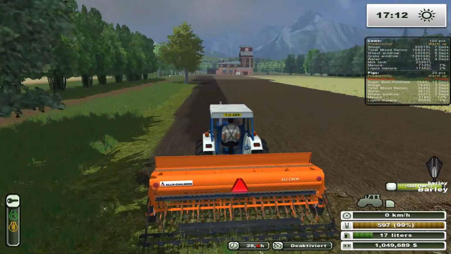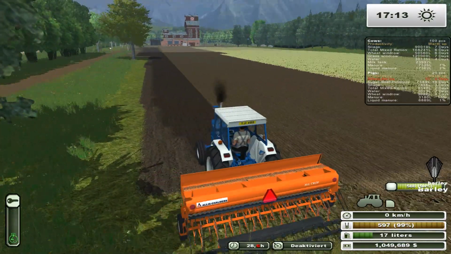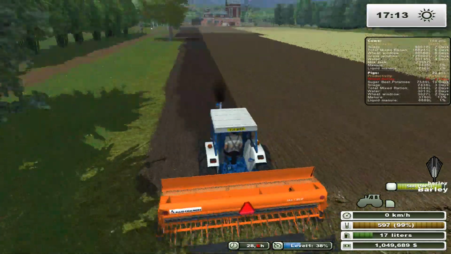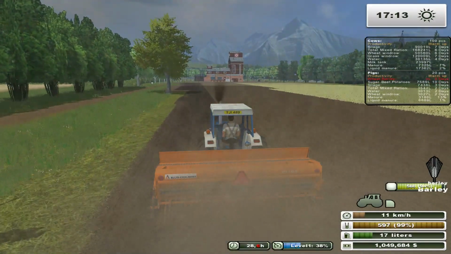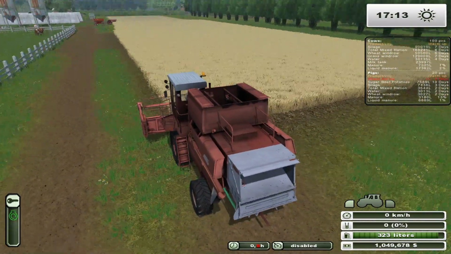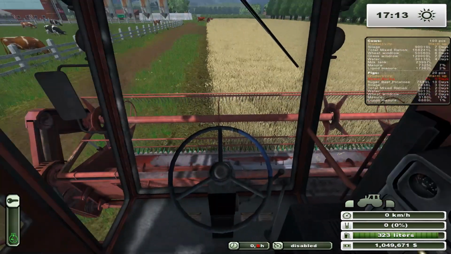And our field here is almost finished planting, as you can remember. Last time we harvested this field and planted it. Harvested, cultivated, and I believe we fertilized it in the same episode almost. So we're going to go ahead and continue planting that field. And our barley, I think, oh, this is wheat actually. Our wheat is ready to be harvested. So this is the first time we're going to see this combine in action. So let's go ahead and...